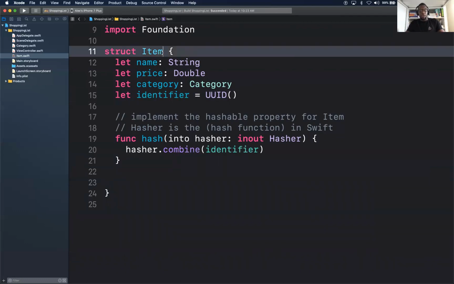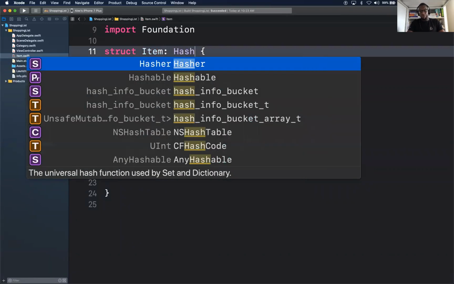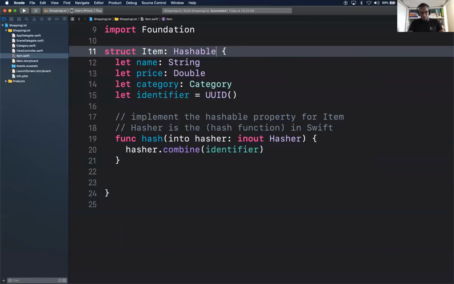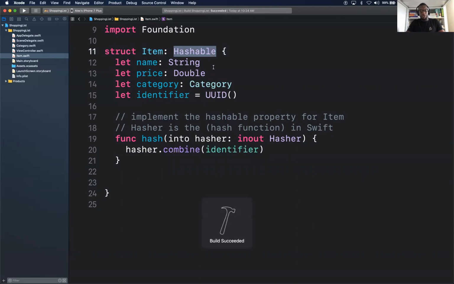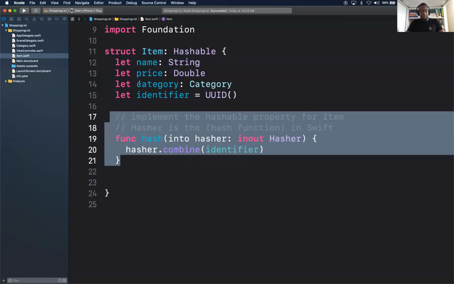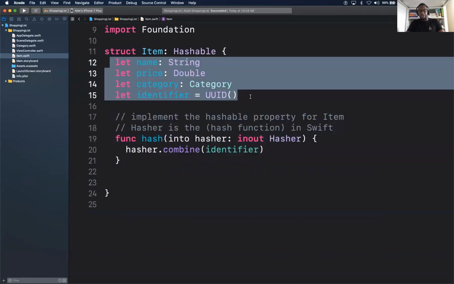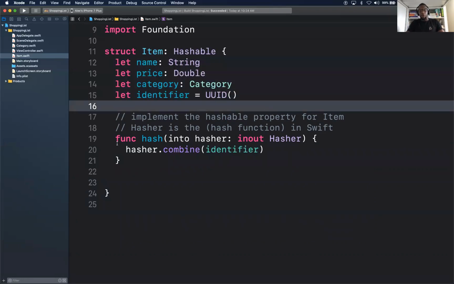I don't get it. Because item has to be hashable, right? Uh-huh. Item has to be hashable. If I do not implement this, then it just takes all those values and makes them hashable properties. But you could say what property you want to be that unique property in your model.